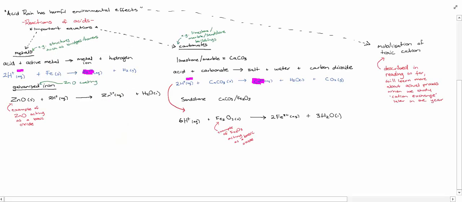Okay, so you should be able to write equations for the reactions of acids with metals and carbonates, with oxides such as zinc or iron oxide, and you need to be aware of what it means for cations to be mobilized and also what are referred to as toxic cations. So this is covered in your reading. The actual chemical process here is cation exchange, and you'll learn about that later in the